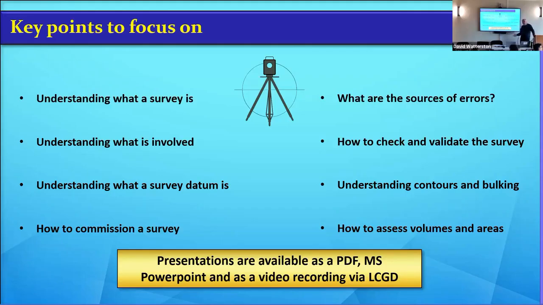There is a whole bunch of handouts in your portal or Dropbox, and there's a list in there of all the procedures or all the processes involved to enable you to do a survey on your own, should that case arise. And also, if you're working for a large company,